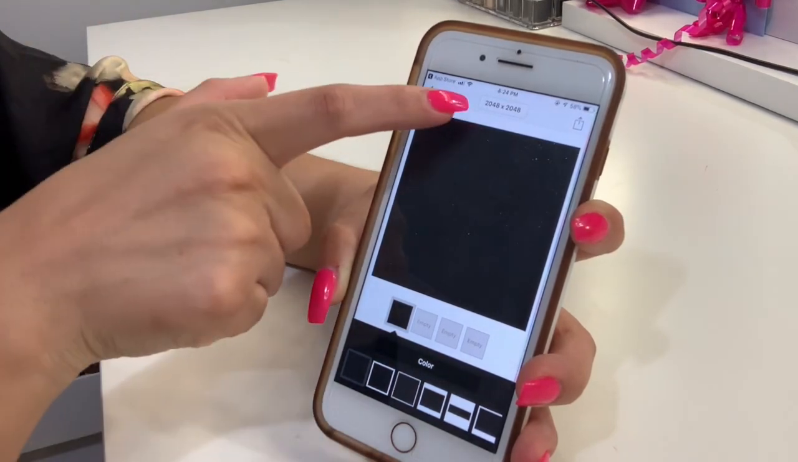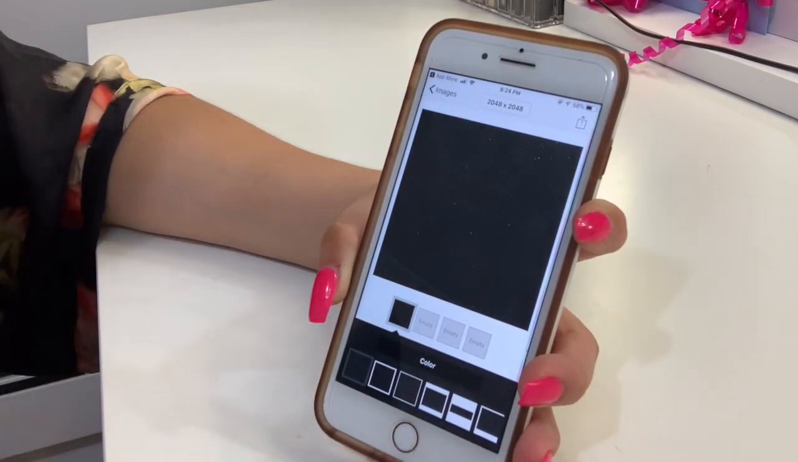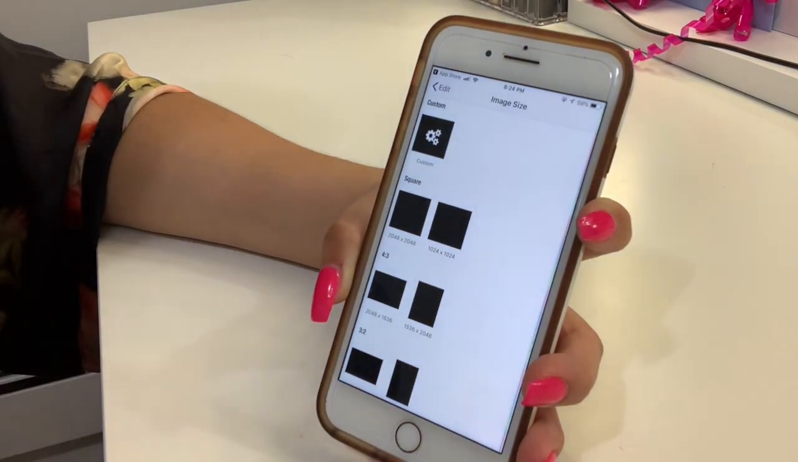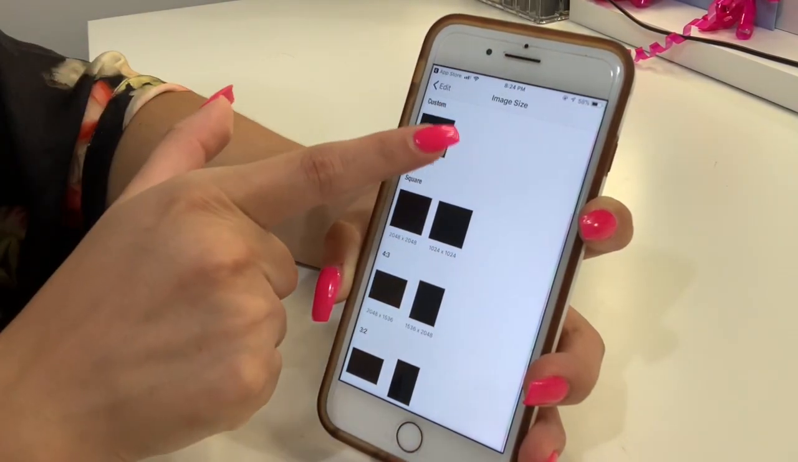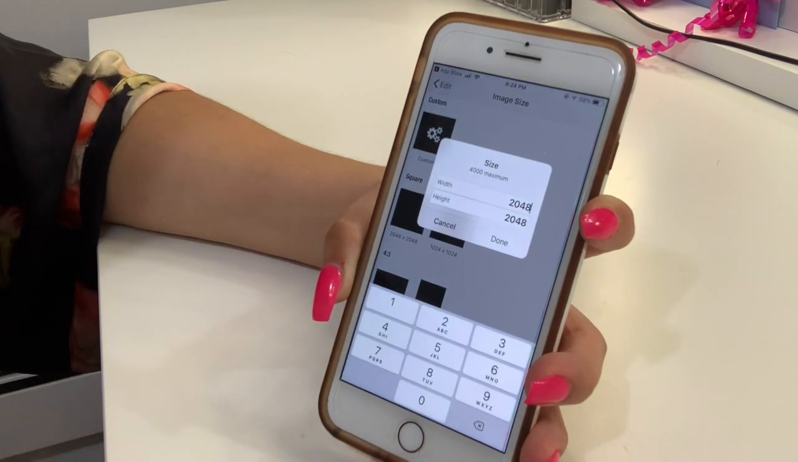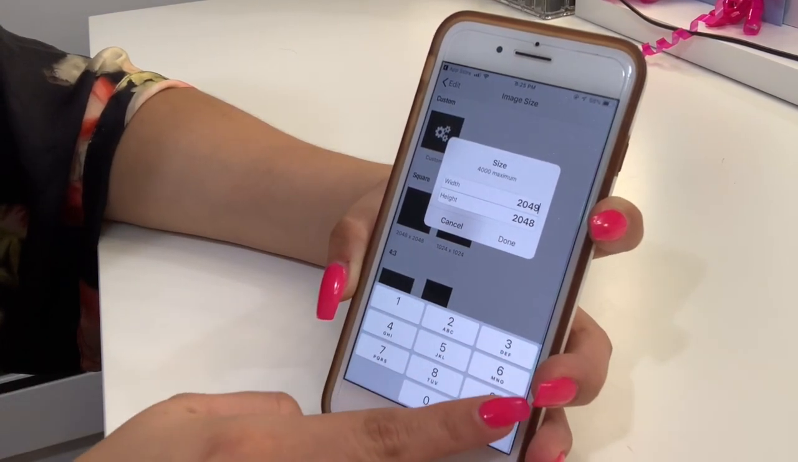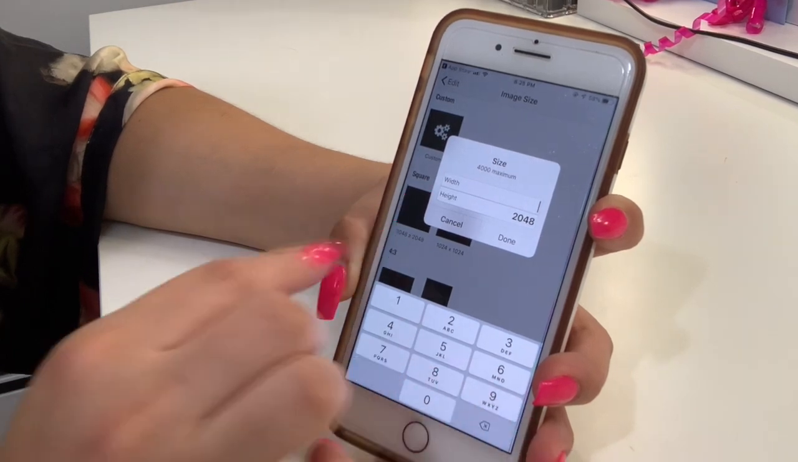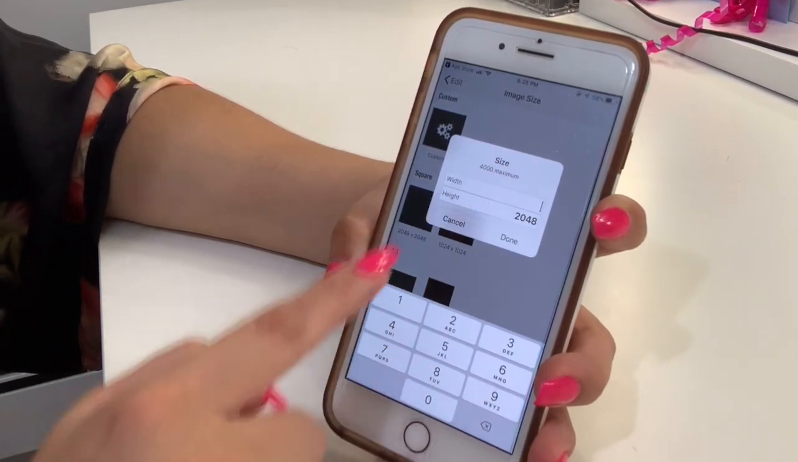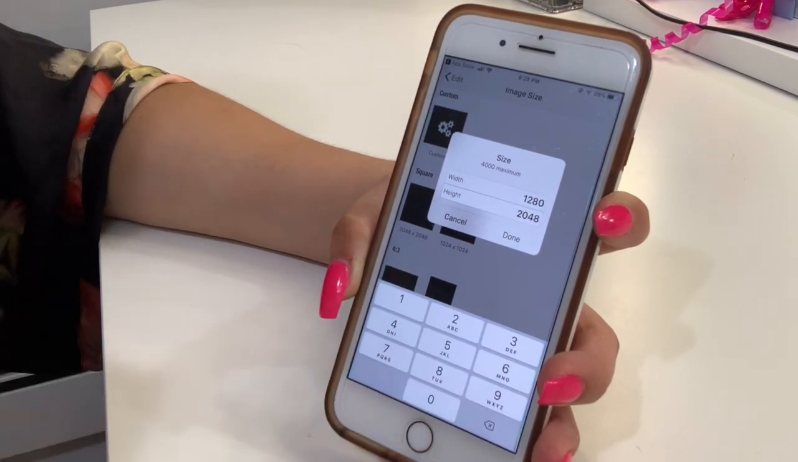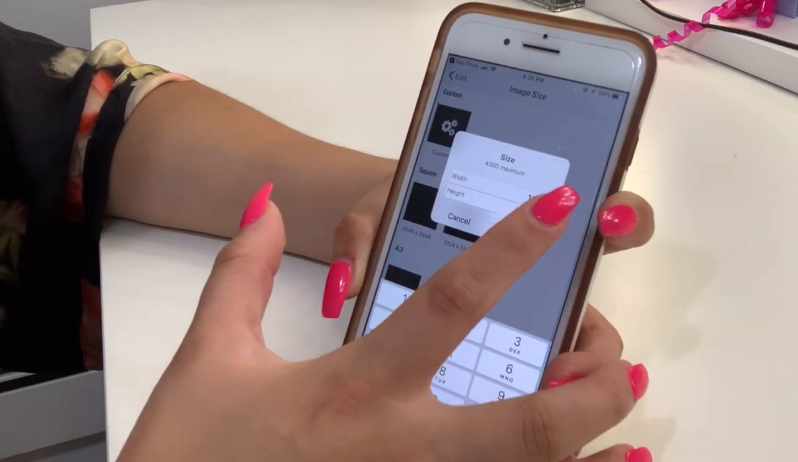And you see right up here, it has some numbers. You're going to click on it. Then you're going to click custom. And we are going to change these two numbers. So the first one I'm going to change is, and I'm going to put 1280. The second one I'm going to do is put